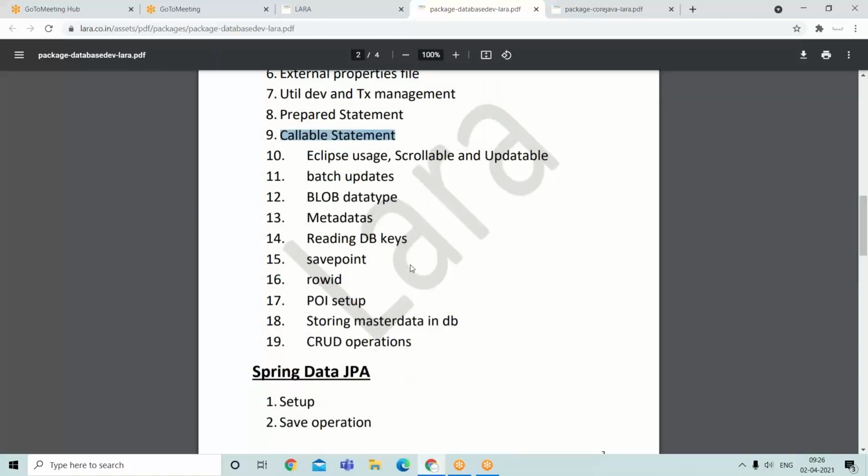Then ResultSet usage with scrollable and updatable, that is a JDBC 2.0 feature. Scrolling a result set, updating a result set, then batch updates, BLOB data type, metadata of a table, metadata of a result set, reading database specific keys, savepoints related to transactions.